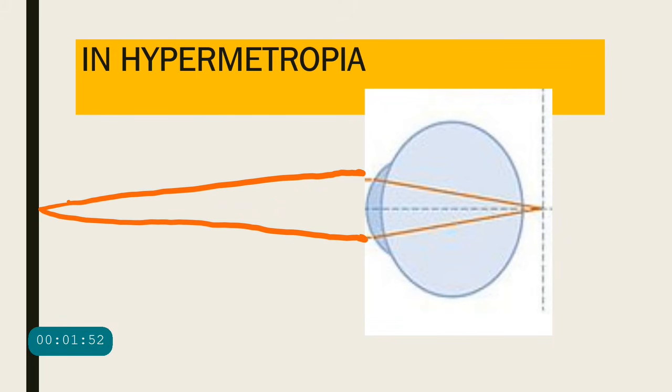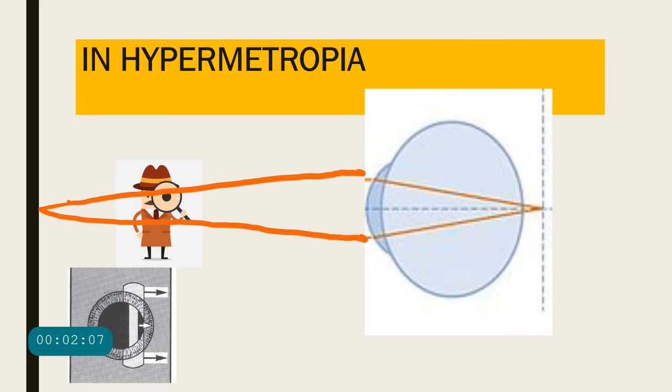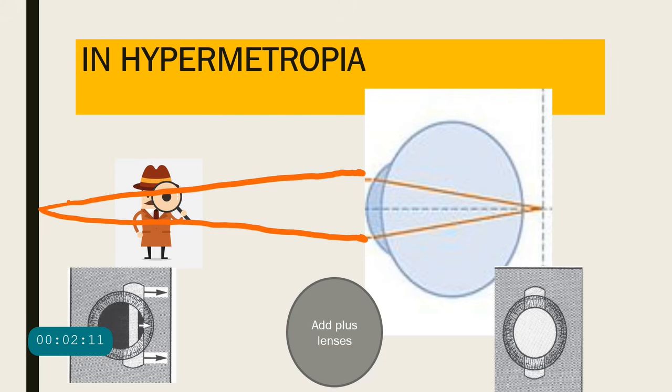Now, what about a patient who has hypermetropia? In hypermetropia, the image is formed beyond the retina and the far point is beyond infinity. That means the rays of light are never going to actually converge. If you make an examiner sit there in between the infinity and the eye, what will happen? You will get with motion, and then you have to add the plus lenses,